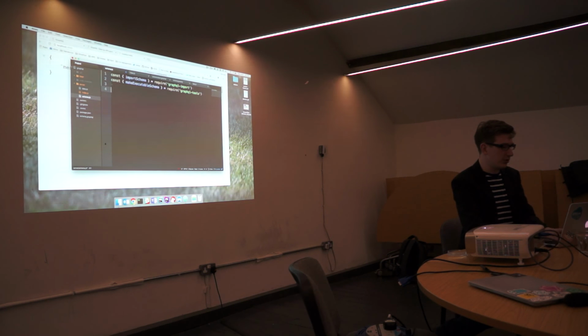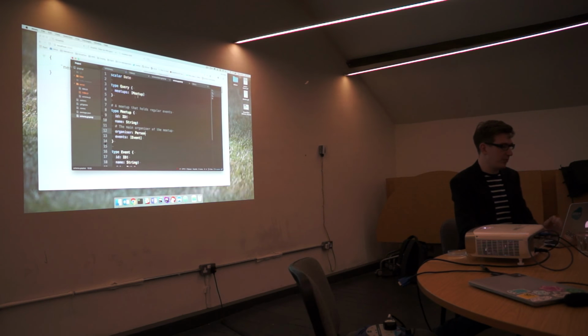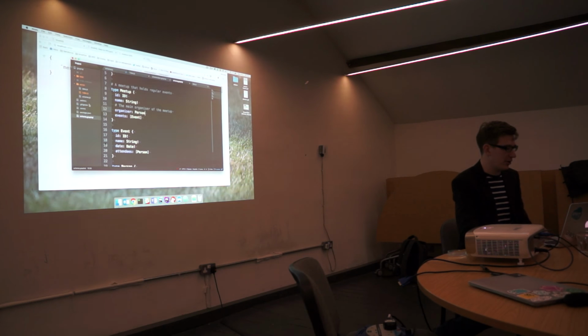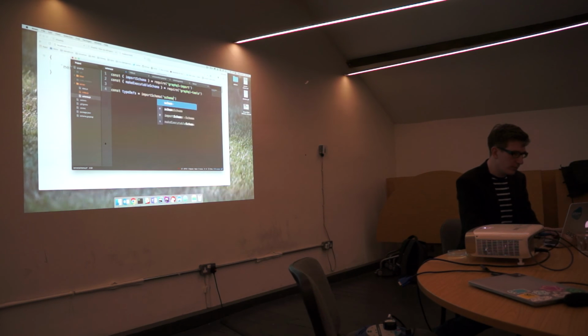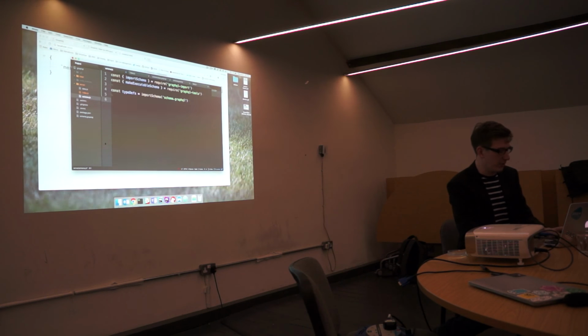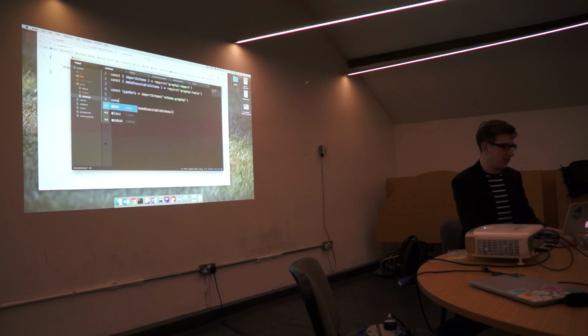So we'll do our type definitions. That's this file we did a few moments ago, or slightly earlier. That will go type definitions. And then we can make our schema with our type defs and some resolvers. So resolvers is essentially just an object, so we're going to get a blank object now.